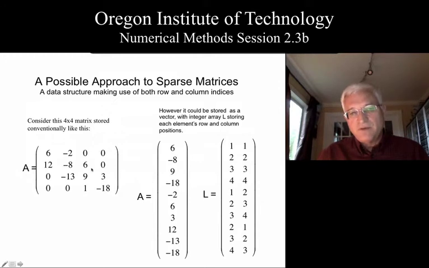Then we took the super diagonal and loaded them in positions 3 through 7. And finally, we take the subdiagonal and load those in positions 8 through 10. If we did that, we would have accomplished storing these 16 numbers in a form that only required 10 floating point numbers to be stored.